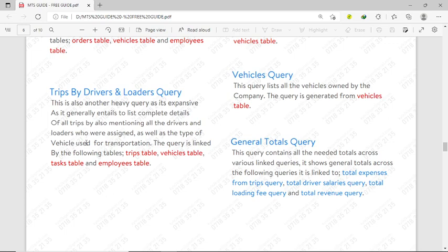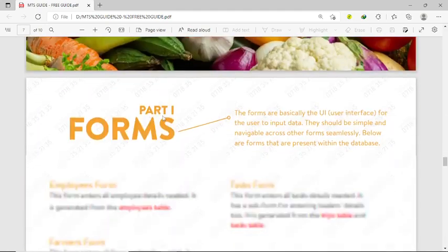Then we have the general total query. This query contains all the needed totals across various linked queries. It shows the general total across the following queries. It is linked to the total expenses from trips query, total driver salaries query, total loading fee query, and total revenue query. So guys, if you are very keen, you realize that as we go down, the database is becoming more precise. And for that case, it will be in a position to generate a very perfect